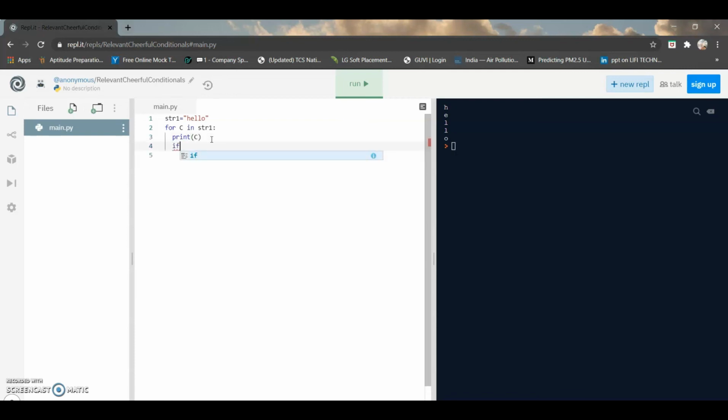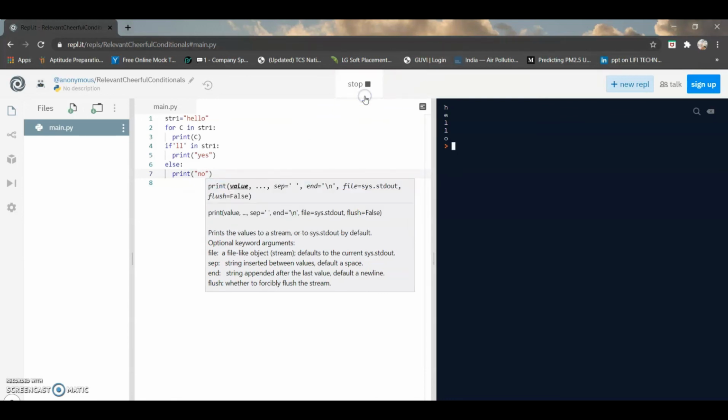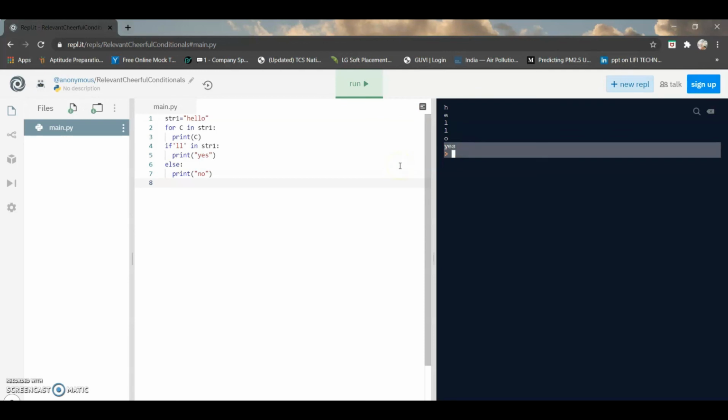If I take LL within single quotes, we can give a substring, and next, in represents the keyword of the membership operator. It checks whether LL is present in str1, so that we can print yes, or else print no. Just see, yes, LL exists in str1.